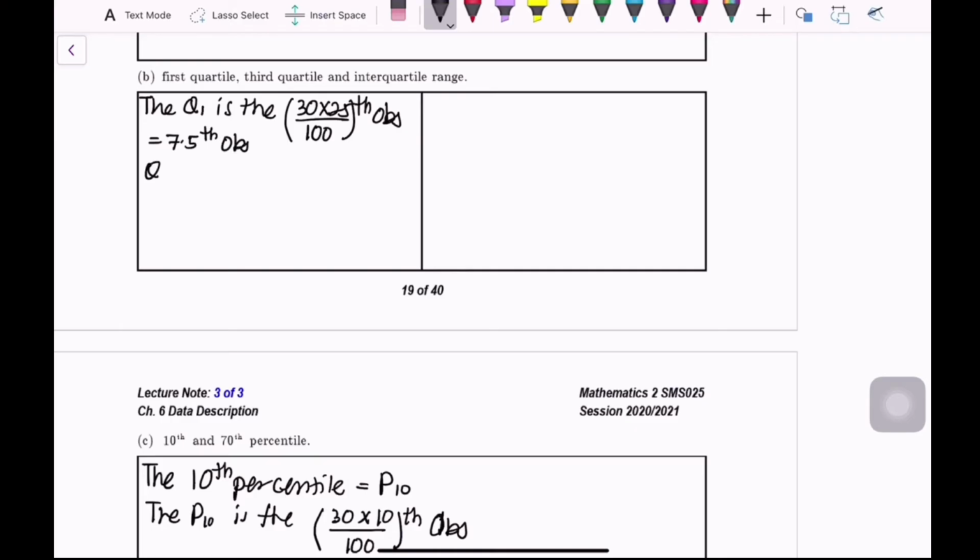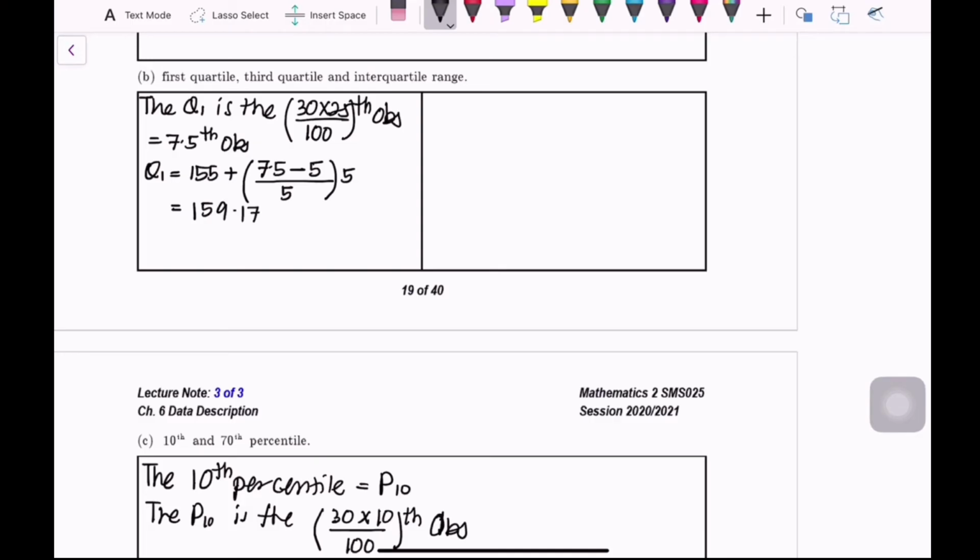By using the formula, Q1 equals the lower boundary for the Q1 class, 155, plus n times k over 100, which is 7.5, minus the cumulative frequency before class Q1, which is 5, over the frequency for Q1, which is 5, times C, which is equal to 5. So Q1 is equal to